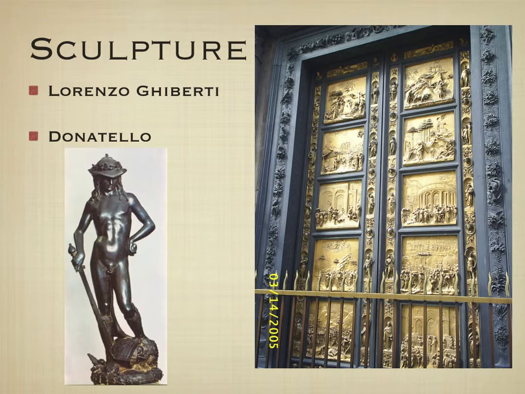And here what we're looking at, this is Donatello's David. And this was actually the first freestanding sculpture in centuries. And with this David, he looks different than other Davids we may know. Why? Because like the rest of the early Renaissance, he's trying to show David as he actually was. In the biblical story, David is described as a beautiful youth. That's why when you look at this David, he seems much more feminine, not as much muscle tone, because he's supposed to be a younger individual.